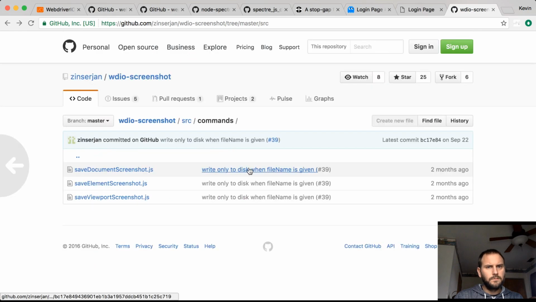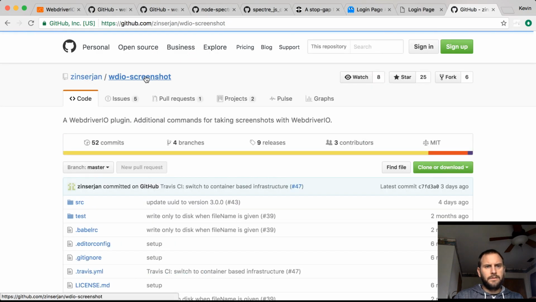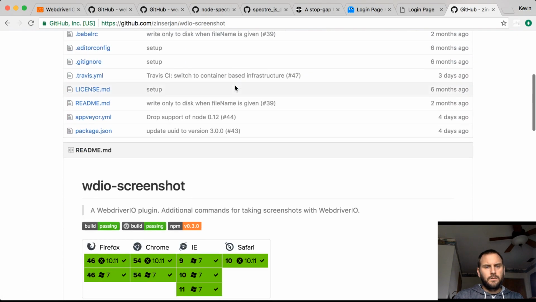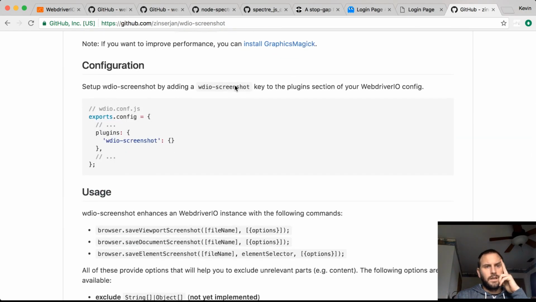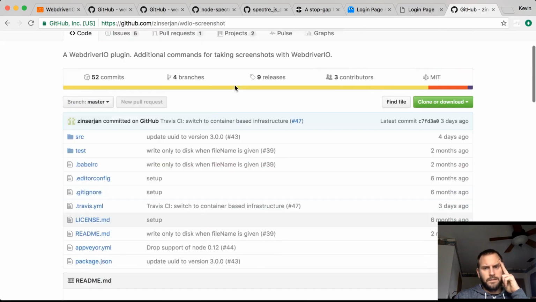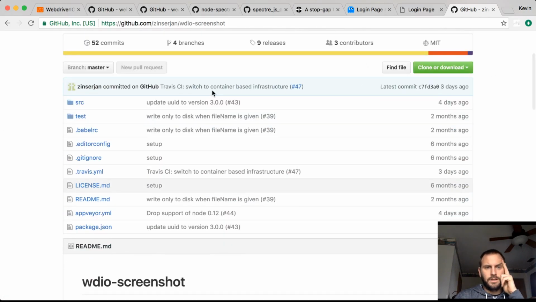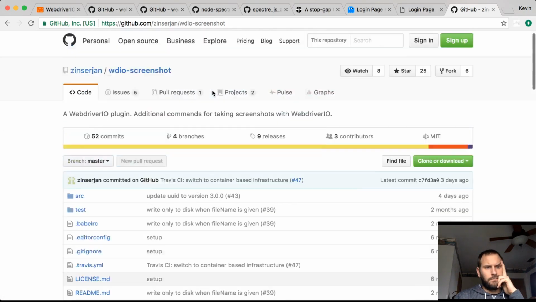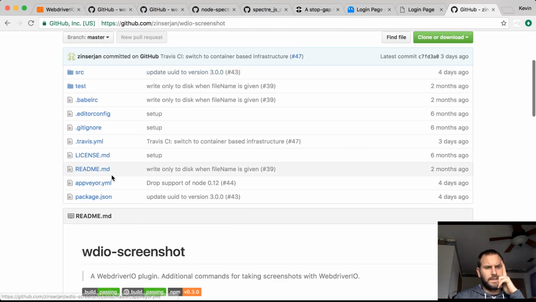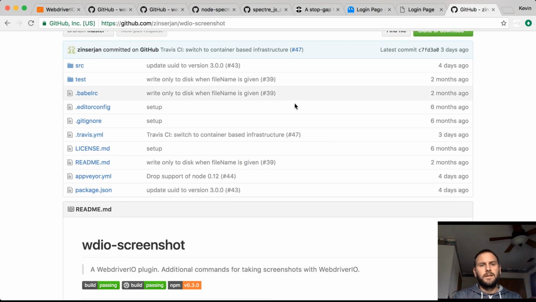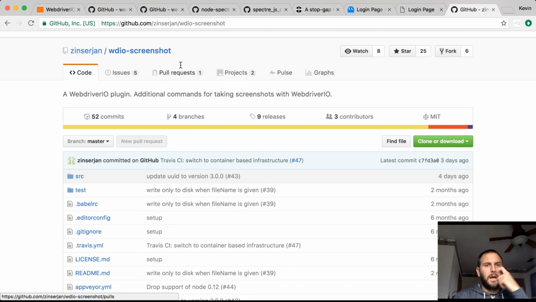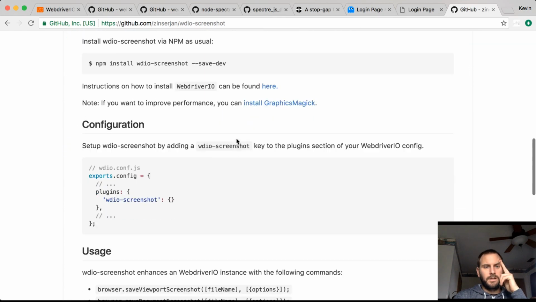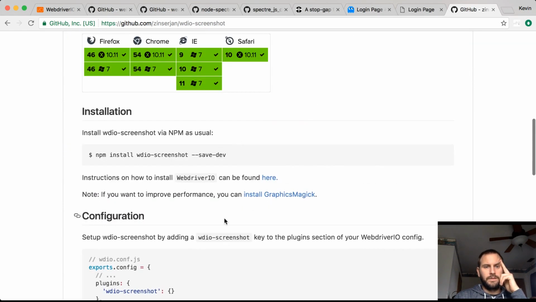Anyway, so yeah, that's WebdriverIO screenshot, which is a neat little way of taking smaller screenshots on the page. And this has been updated pretty recently, 3 days ago, so that's good. Something that I would like to see continue to move forward, because in theory it's going to be the replacement for WebdriverCSS. So speaking of WebdriverCSS,